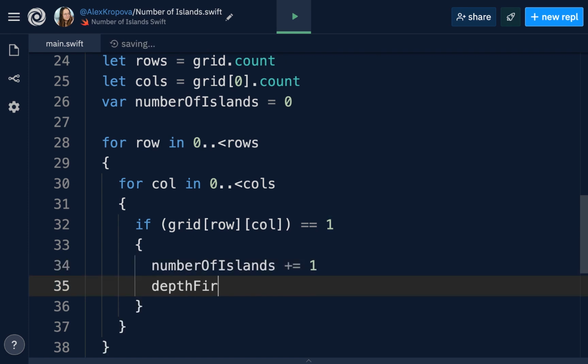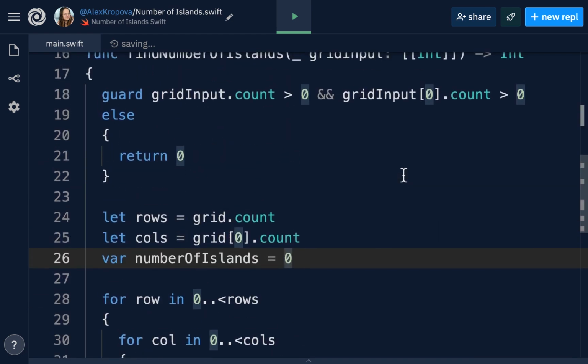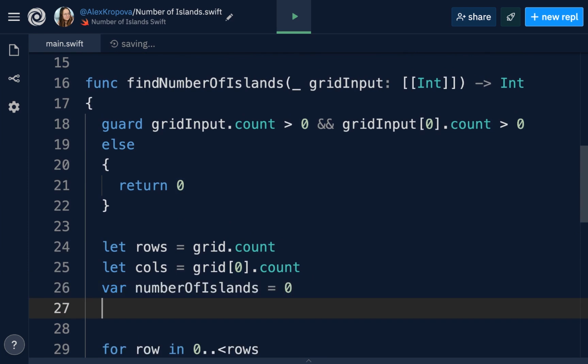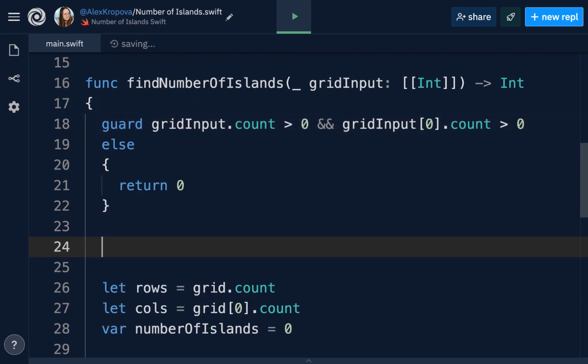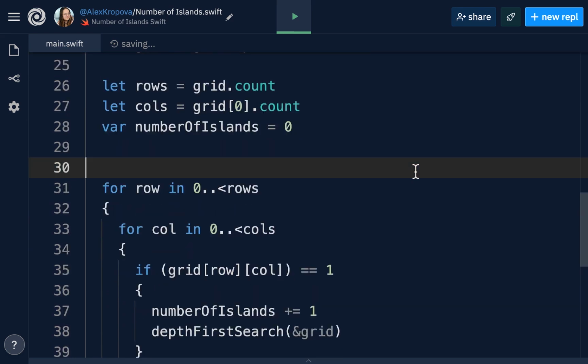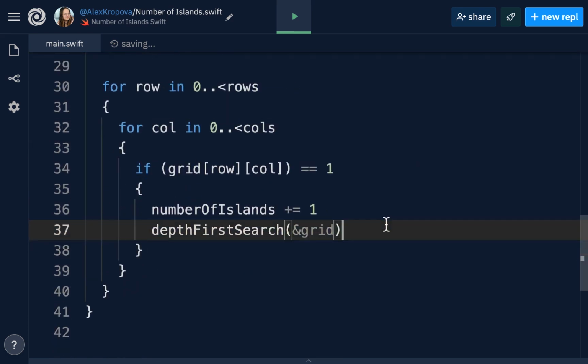And in that case, I'm going to call depth first search, and I'm going to put in the grid that we have, which I also need to save as a value. So I'm going to save the grid. Let's see. We currently don't have the grid saved, so let's add that as the first value, or the second value rather. Below our guard statement, we can make a variable called grid, and that's just to save our grid input because it's not an in-out value. Okay, so we'll call depth first search, which is another function we'll have to build out, and we're going to put in the grid as well as the number of rows and columns and the current row and column, and you'll see exactly why we need those shortly.